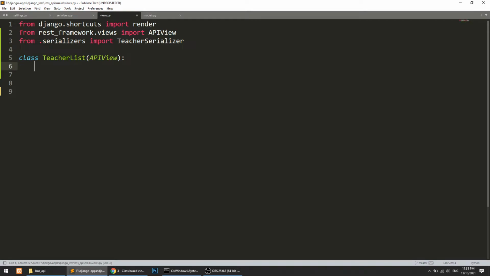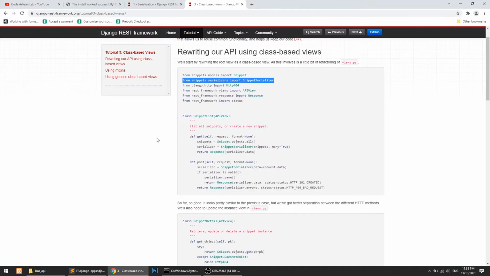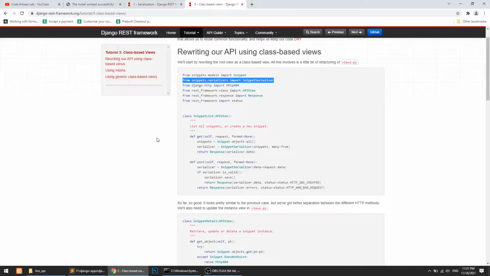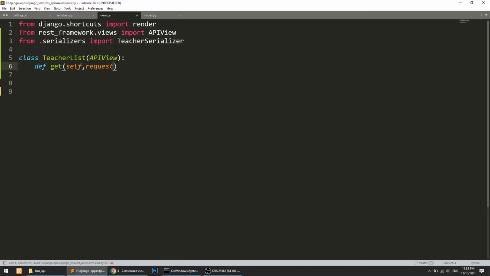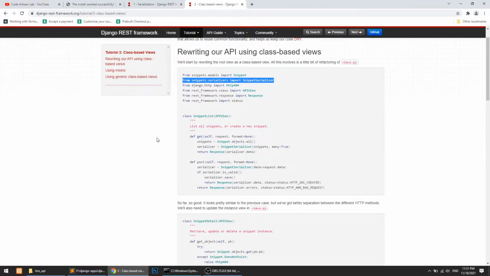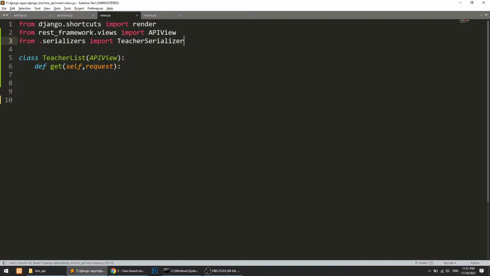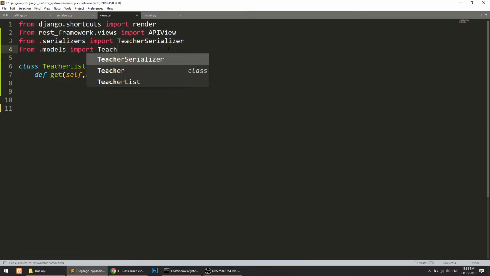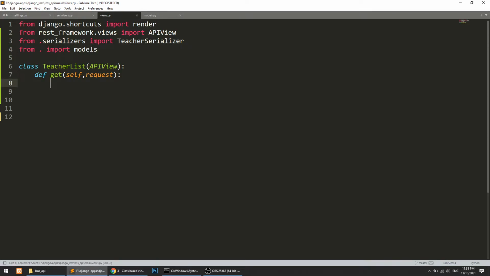Okay, and after that here we will create the definition get, and in this get we will pass self and request, and we don't need to pass the format. We also need the model, so from . import models.